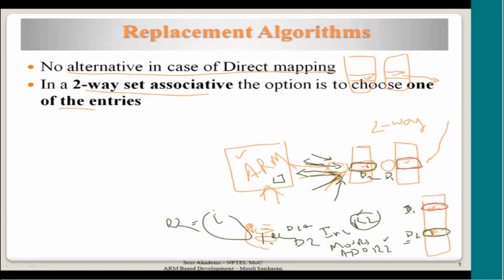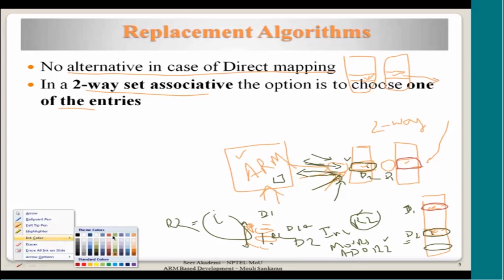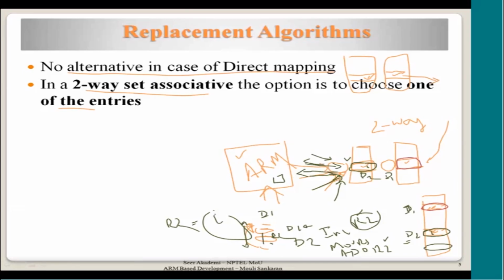So what happens? This is being used more often compared to this. That's what I'm trying to say. This variable was accessed some time back, and then the program is not using it. Now there is another variable coming which also happens to be mapped to the same location. Now let me change the color. So this is the variable or some value which has to be mapped to this location now, because up to this point it is direct mapping, after that it is set associative, it can be chosen,